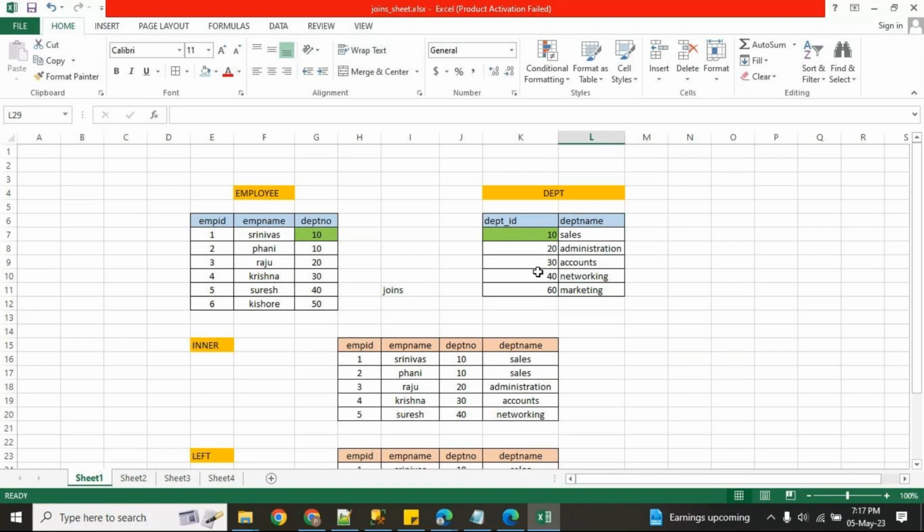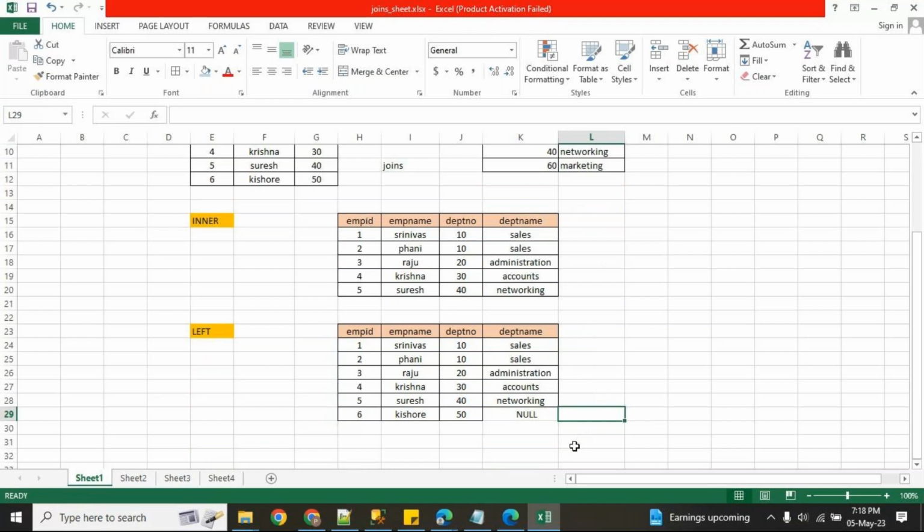In this case, if I provide this data with an inner join, I can see some employees are missing, because inner join will take only matched records. But with a left join, I don't miss anything in the left side table. Right side, if it matches, it will provide, otherwise it will give the null value.